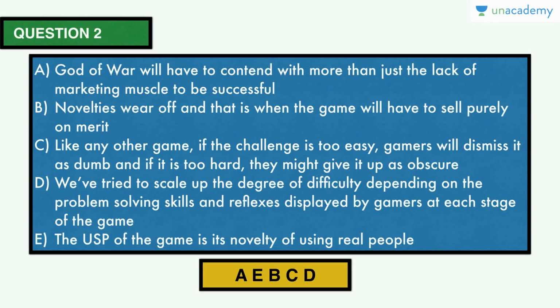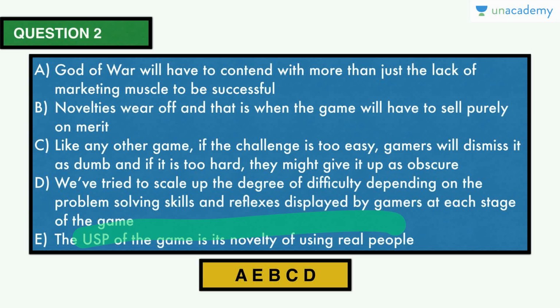Okay, let's check why. A was the opening sentence, we saw why. Now we talk about the speciality of the game, because we have a hint from these sentences that we have a good follow up to sentence E. So first of all, you're going to talk about what the game is about, what the USP of the game is, and then you're going to talk about the problem with that USP. You're never going to talk about the recommendation that you've followed to tackle this problem that novelties are wearing off. So introduce the problem first.